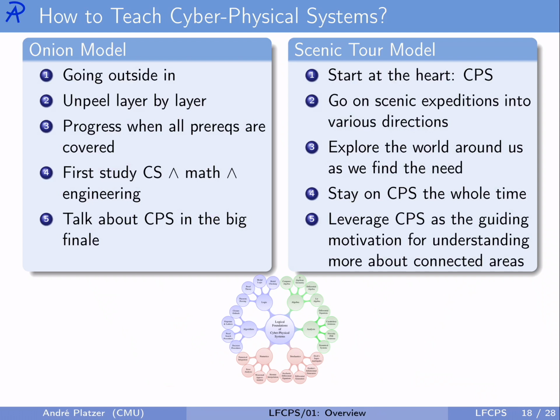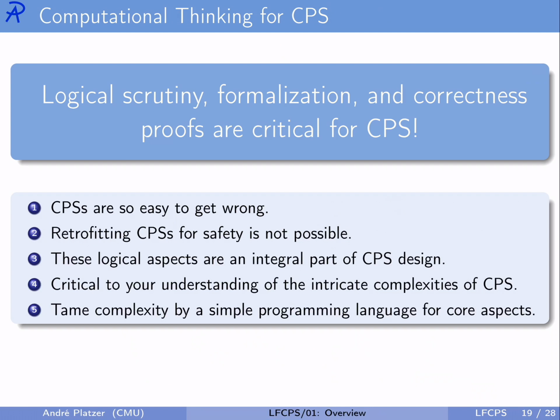Because this approach is much more effective, we will be following the scenic tour model in this course design. One aspect that is absolutely fundamental of this course design is computational thinking for cyberphysical systems. Computational thinking is what Jeanette Wing called the influence of this type of computer science thinking into many other aspects of the world, which here in cyberphysical systems